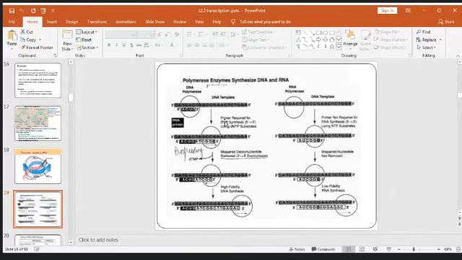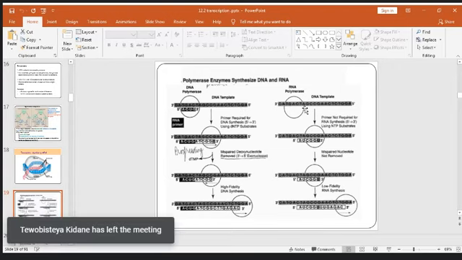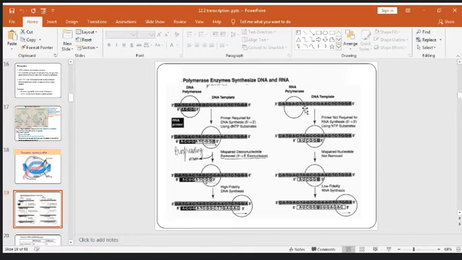Rather than that, DNA polymerase requires deoxyribonucleotide triphosphates as substrate, and it synthesizes in the 5' to 3' direction. Now, we said it requires a primer. When you come to RNA polymerase, it uses a DNA strand as a template. However, it uses only one of the DNA strands as a template, as RNA is a single-stranded molecule. And a primer is not required for the RNA polymerase enzyme to start